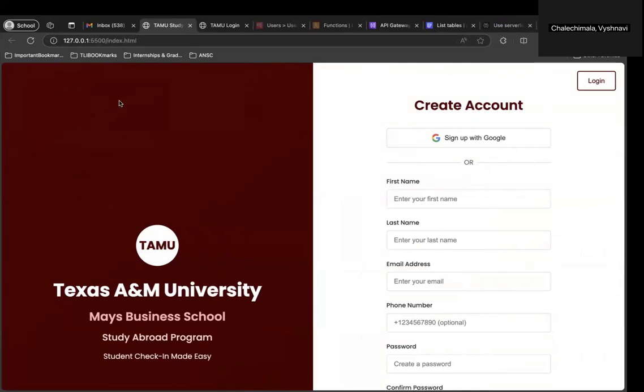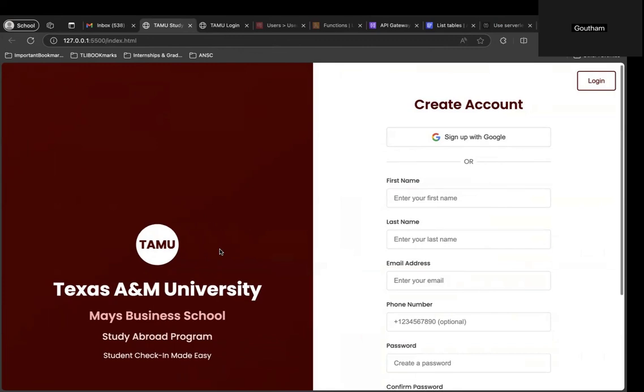Gautam will continue. So this will be our UI, the starting point of our project, which is the sign up page. This is used to create the account for a user, whether it is a student, a faculty member, or the admin. There are two different ways the user can create an account. One could be signing up with Google. This would be a quick process because it's just a few clicks away. When you click on sign up, just select the email account which you would be using to log in,